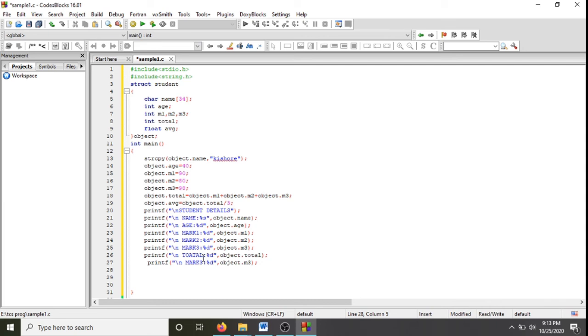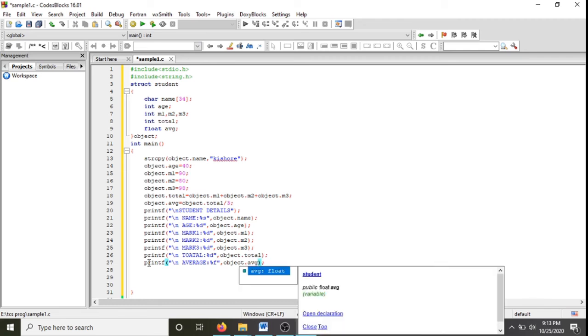And then next you're going to display the average, percentage f, which I have declared as a float data type, and then the actual variable which I have declared in the structure is avg.